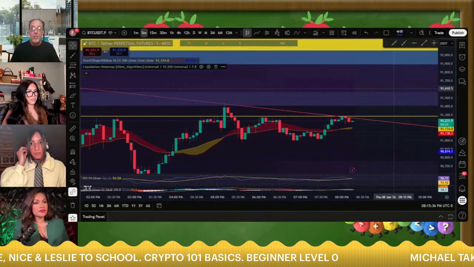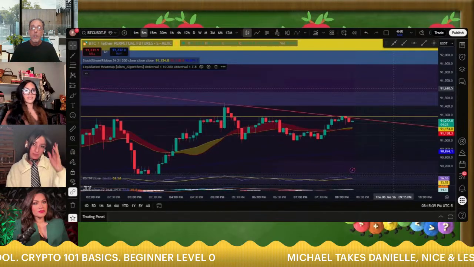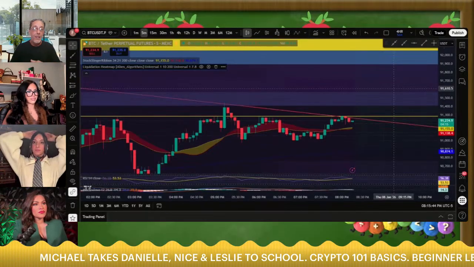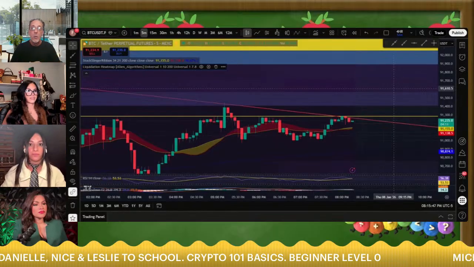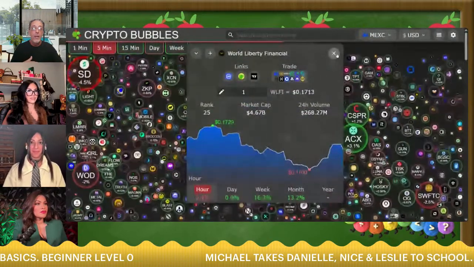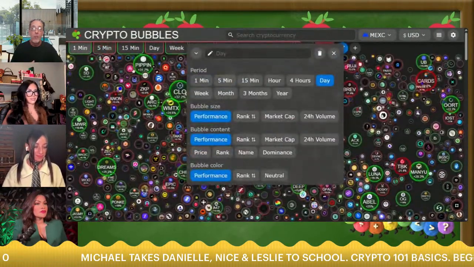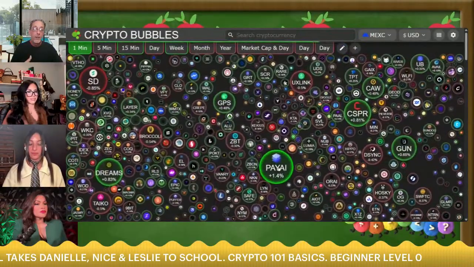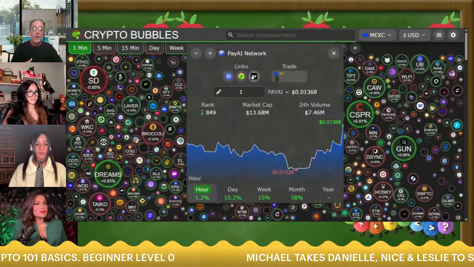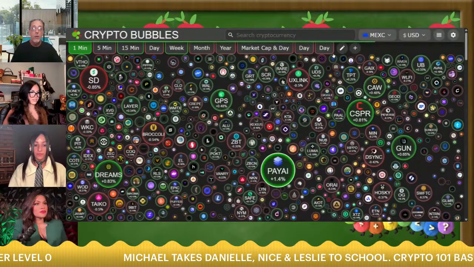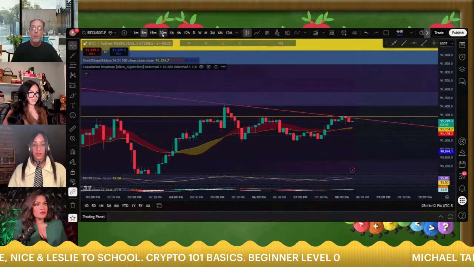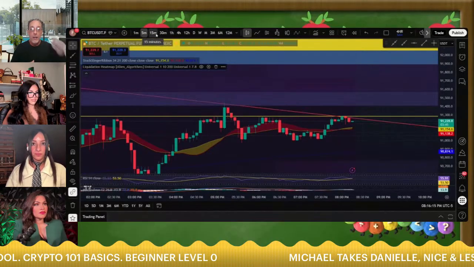I would encourage you to put a few dollars into it, and once you start having a better understanding of the chart and how it moves and operates, find a coin or token that you want to get into and play with. You can use Crypto Bubbles to identify something that's moving on the 1 minute, like this one here. Click the bubble, then click the link for TradingView, and it'll take you right to the chart. From there, make sure you're looking at whatever chart time frame you want to trade.